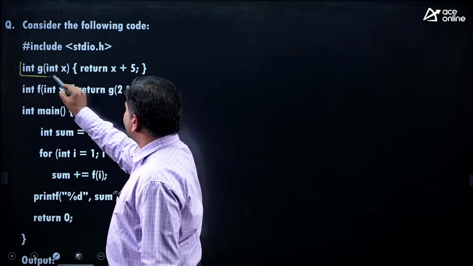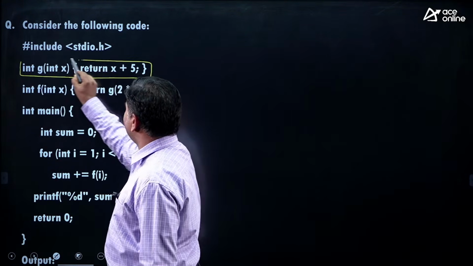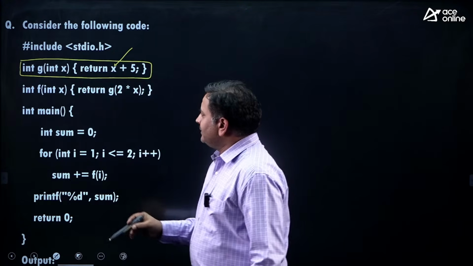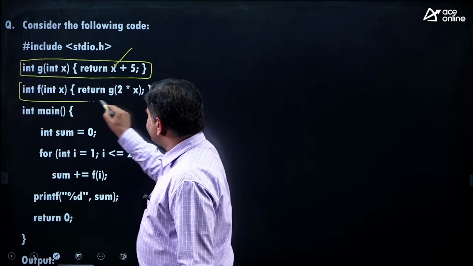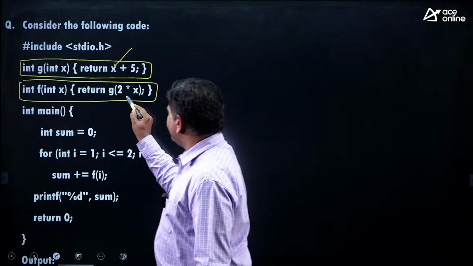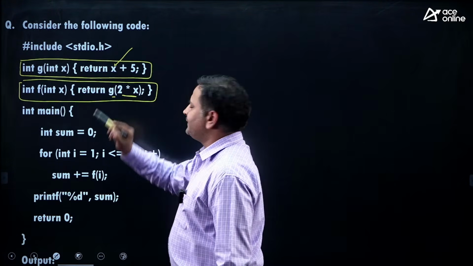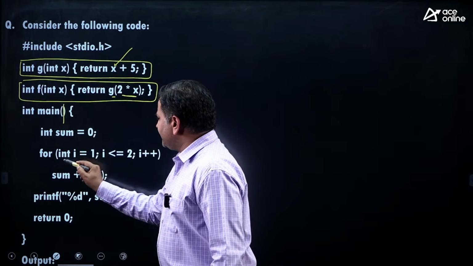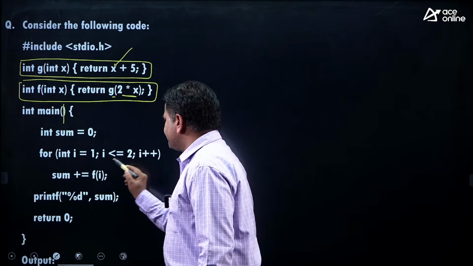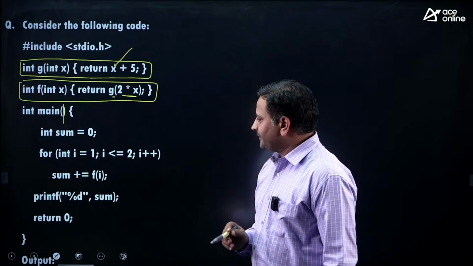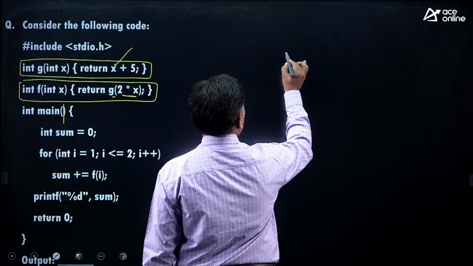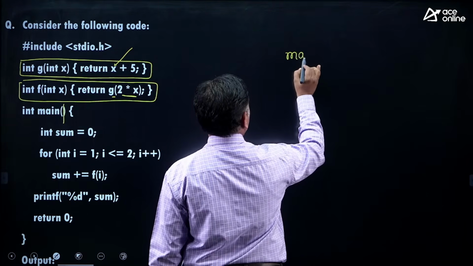The first function is g of x, which always takes x plus the given value, where the second function simply doubles the x value and calls the g function, right friends? Okay, so inside the main function there is a for loop which runs 2 times, i equal to 1, i equal to 2. So the way of calling this function is simply, if you consider the main function,